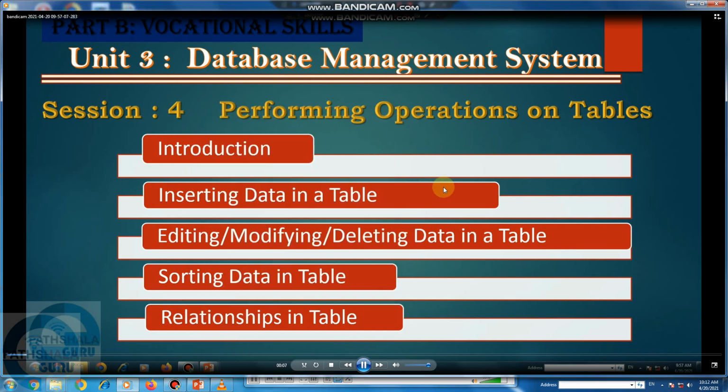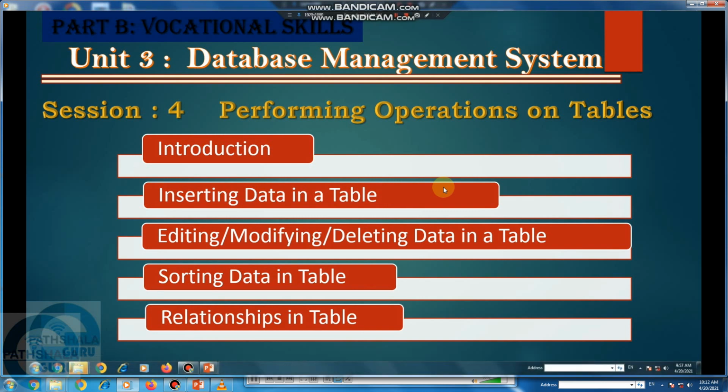In database management system, there is a topic, performing operations on table, and in this topic we have a subtopic, relationship in a table. What is a relationship in a table? If we discuss relationship, that means you know that